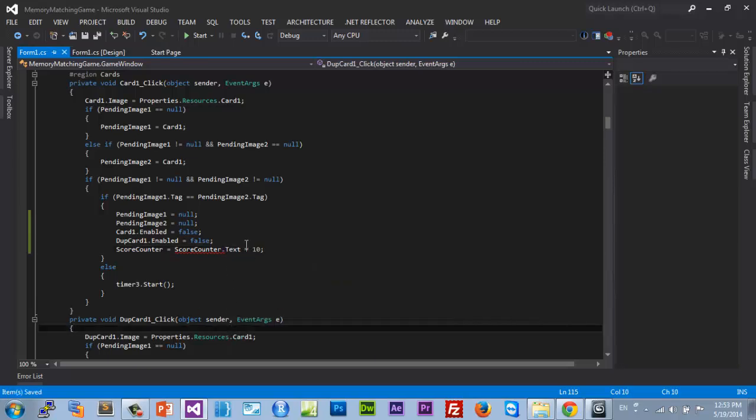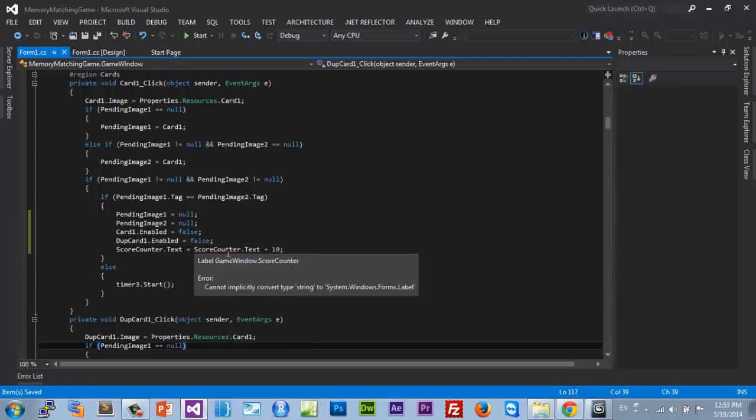Now it's gonna give us a problem. Visual Studio is gonna yell at you. It says cannot implicitly convert type string to System.Windows.Forms.Label. Now 10 is an integer. Okay, alright, let's score the text. Actually, we want the text range. Okay, now